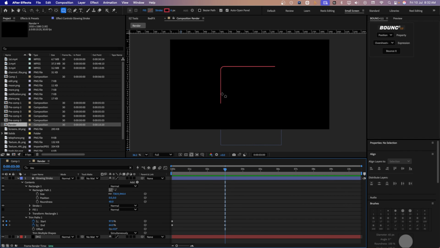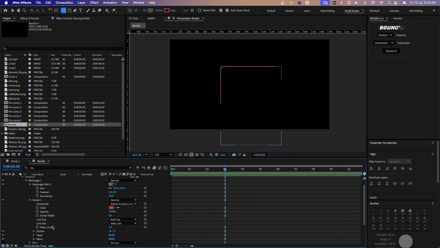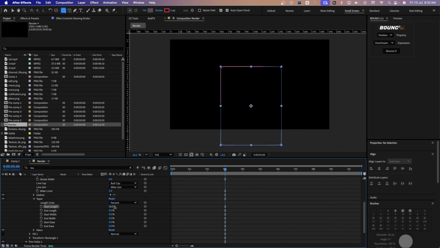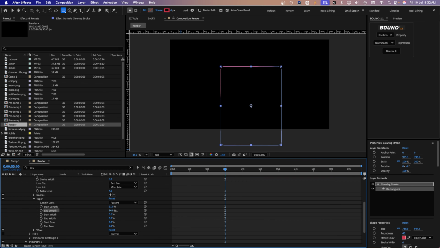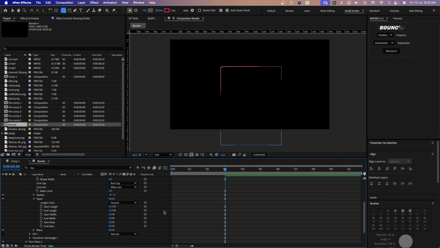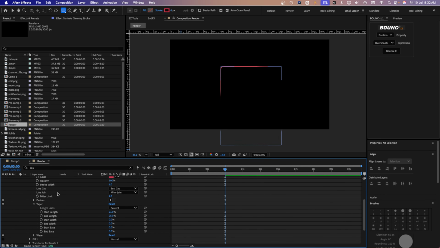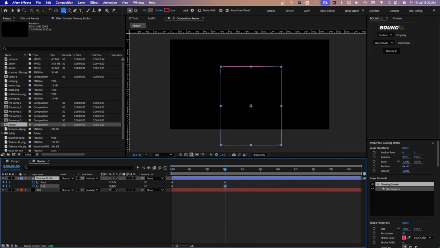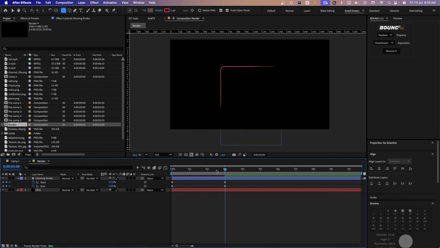Next, let's play around with the edges of the stroke. For that, let's go back to the contents and go to the stroke. Over here, you'll find something called taper. Let's open it up. Let's taper the start length, something like this. Same thing we'll do for the end length. Let me see. Okay, looks good. I just feel that over here, let me press U, we can increase this a bit more. Maybe something like this. Looks good. So if you see the animation right now,